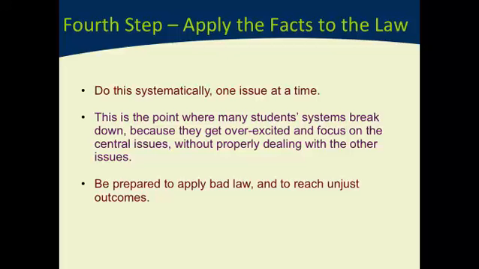So, if we were looking at that speeding question earlier, what facts do we need to know in order to establish whether a car was speeding? Well, we probably need to establish 2 facts. First, we need to establish what the actual speed of the car was. And second, we have to establish whether or not there was a sufficient reason for the car to be travelling faster than the speed limit, if that's what it was actually doing. Okay, there are circumstances in which it is permissible to exceed the speed limit. So there's the facts that we would need in order to apply those facts to the law that we've just identified.